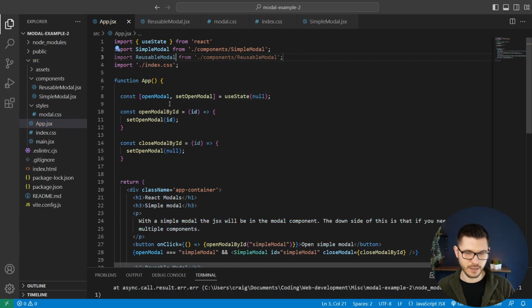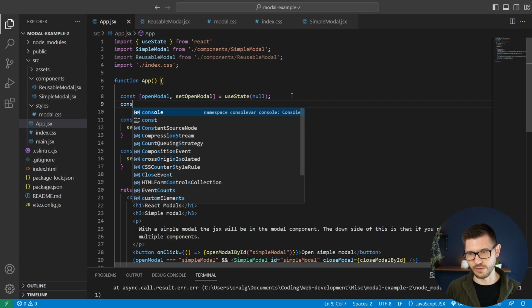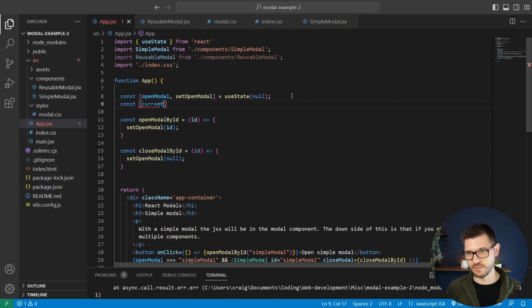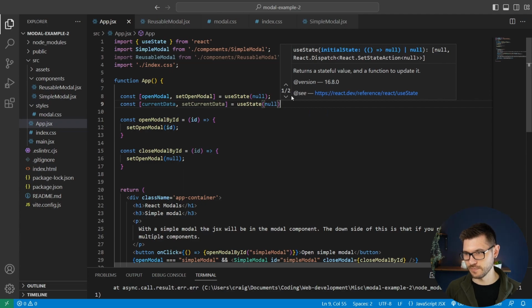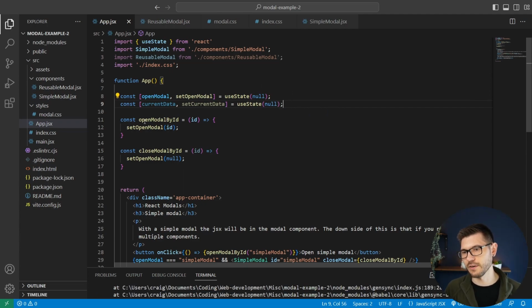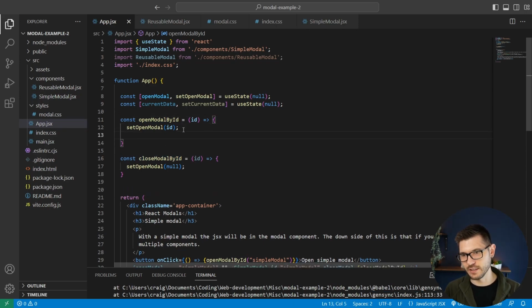Now there's going to be an extra state that I want to use just so we can understand what the current data is going to be. So I'm just going to call this current data and set current data. And I'm going to reuse these open and close modals by ID, but just to make things a little bit simpler,